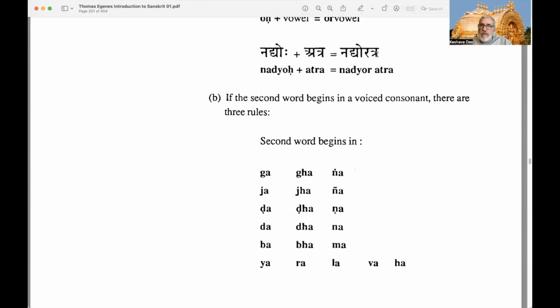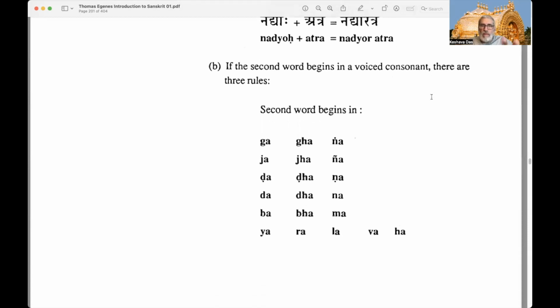There's no space. Now we could, of course, put a virama or a halanta there, and we could make a space. But this is the normal way it would be written. Nadyoratra, Nadyoratra. Okay. So now that's the first rule, when a non-short A, long A Visarga is at the end of the first word. Now, what if the second word begins